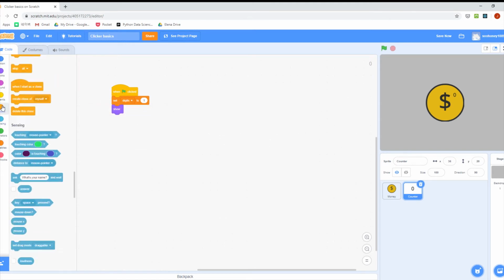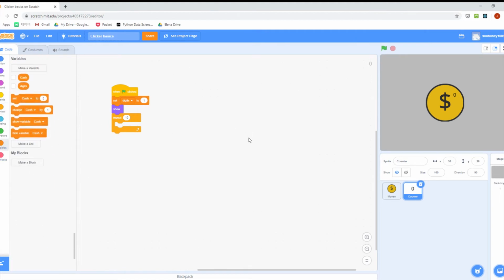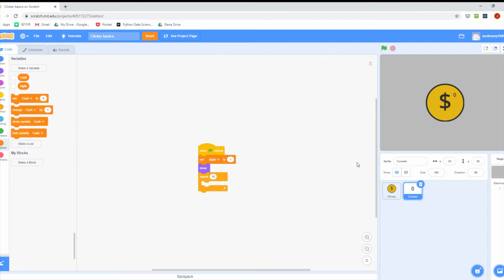Before I move on, I want to tell you guys what a clone variable is. If you want to know, you have to do the for the sprite only to use a clone variable. So what a clone variable actually is, when I create a clone, each clone is going to have a separate value. If it's not, all the clones are going to have this exact same value. You won't be able to do almost anything with it. So you want to make it